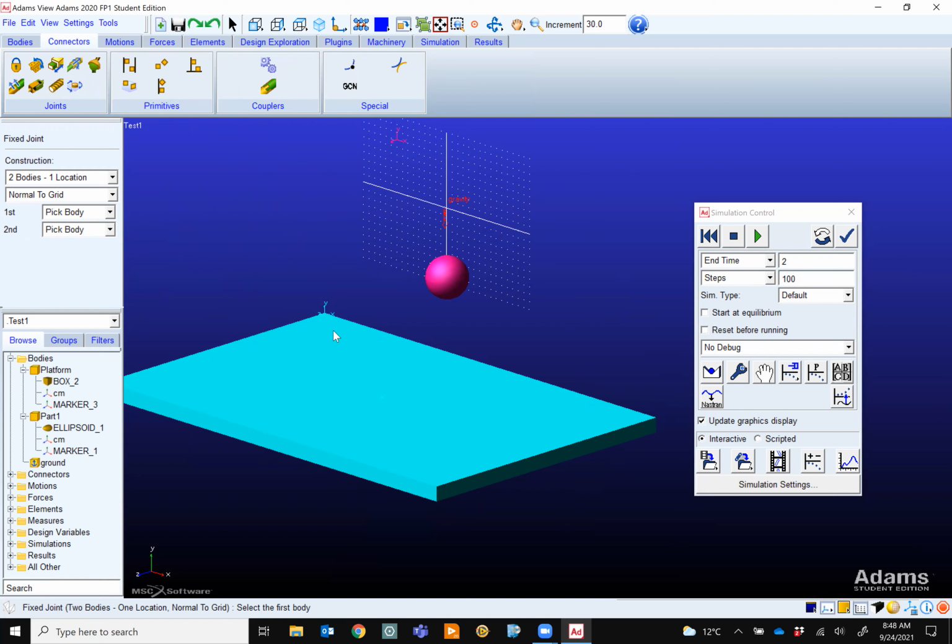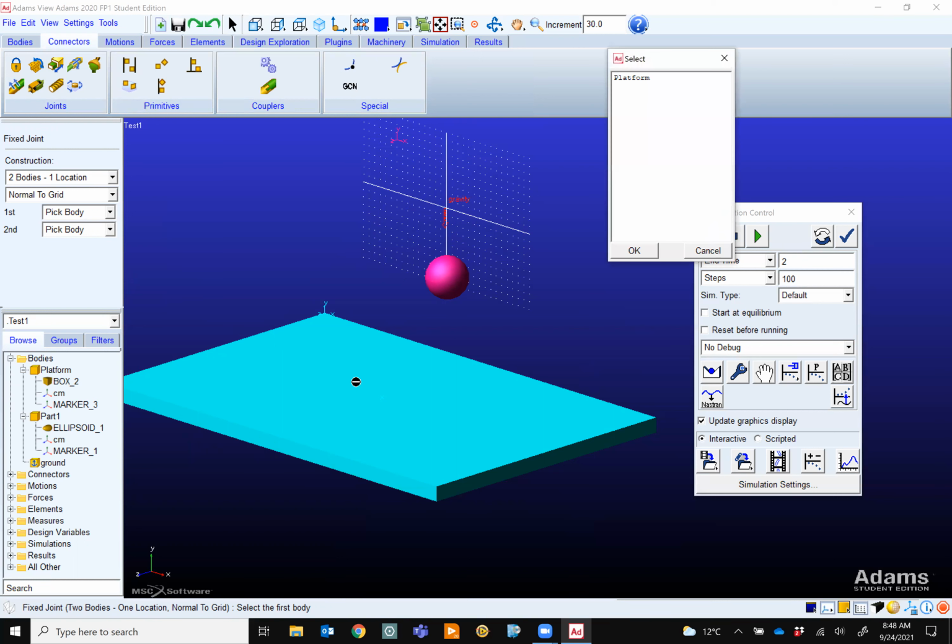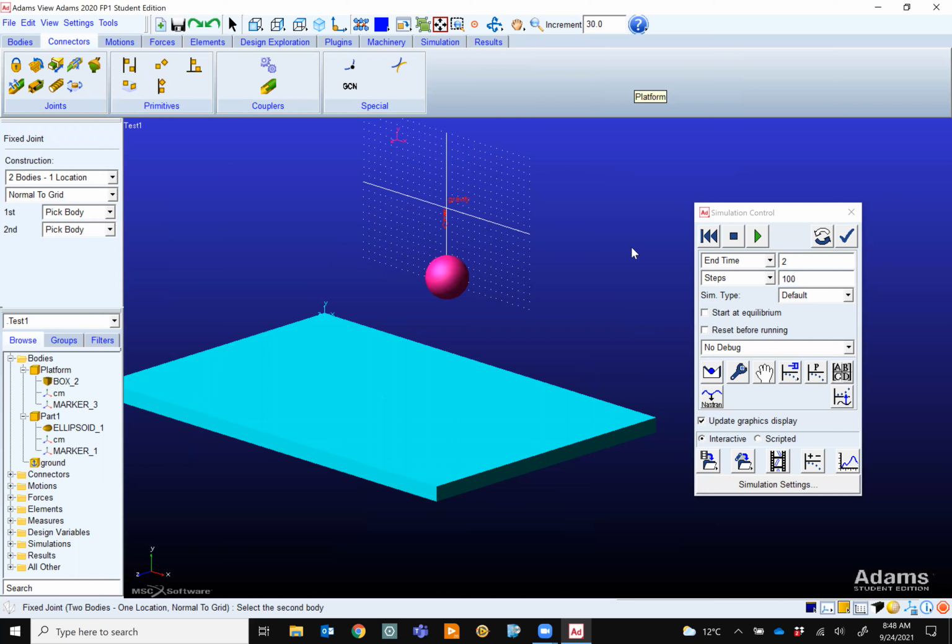Sometimes you may say, oh, why doesn't it select it, right? As long as your mouse is on that part, it's selected. But sometimes you don't have one part. You have several parts on top of each other, right? And it's difficult to select. So right click on it to make sure that you're selecting the right one. Right click, then it gives you what parts you have. Of course, here we have only the platform, and then we selected the platform.